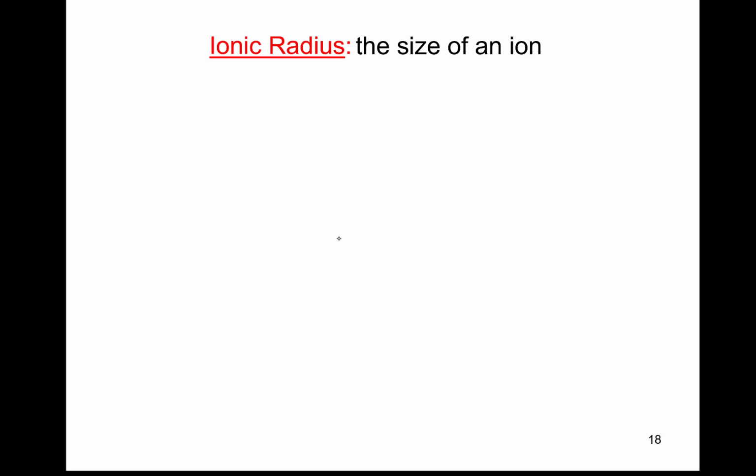Ionic radius, as you might guess, is just the size of the ion. So cations, remember, form positive charges. If we look at calcium, it's atomic number 20. A calcium atom will have 20 protons and 20 electrons. It's in group 2, so it's got those 2 valence electrons that it would really rather try to get rid